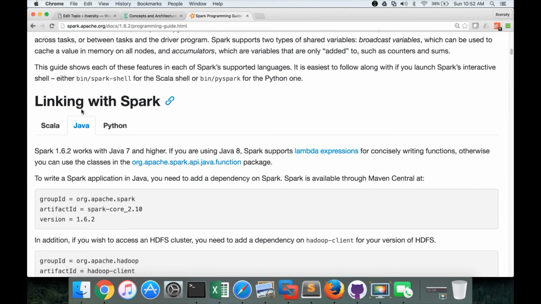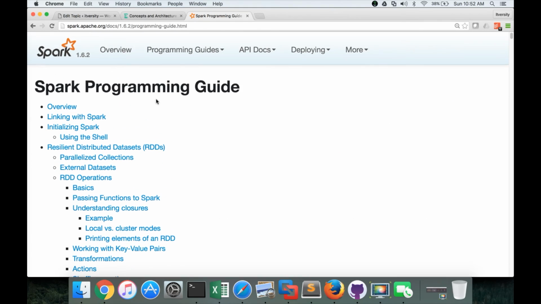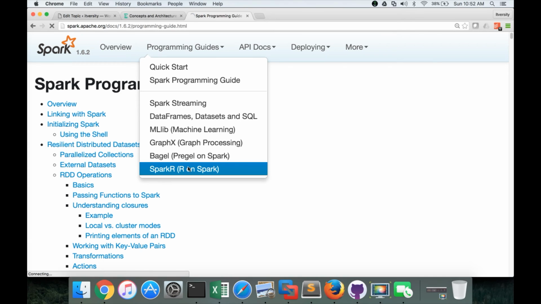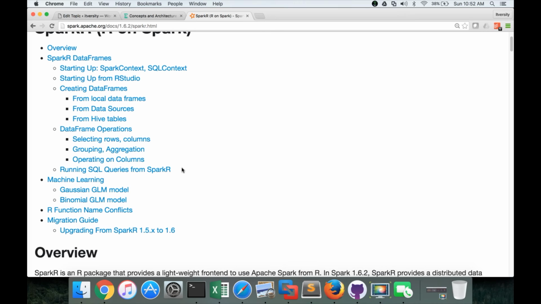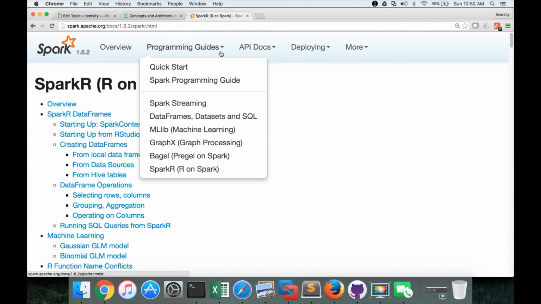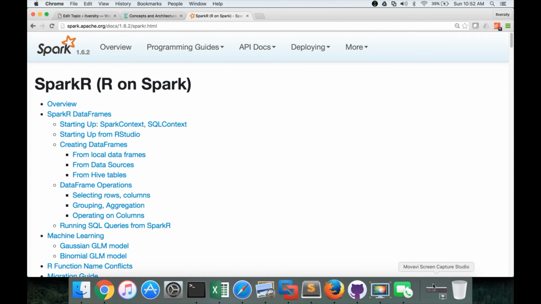But R is very recent. Instead of updating this documentation, they have created SparkR, and here you will see the Spark related documentation, and it is significantly different in the way it is organized compared to the Scala based, Python based or Java based documentation, because it does not provide all the features which you see as part of Scala, Python and Java. It is relatively new and it is a little bit different. That's why it is treated as a different module. Okay, so this is how you can access that.